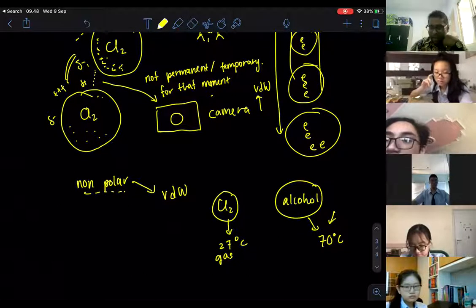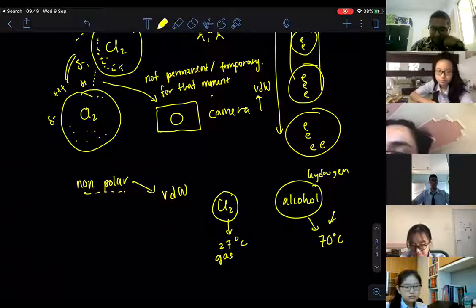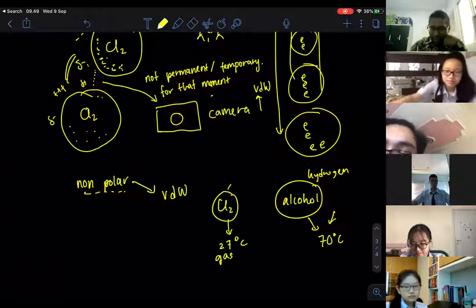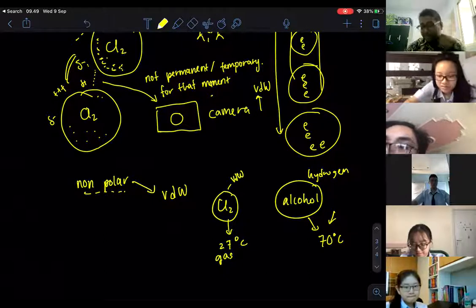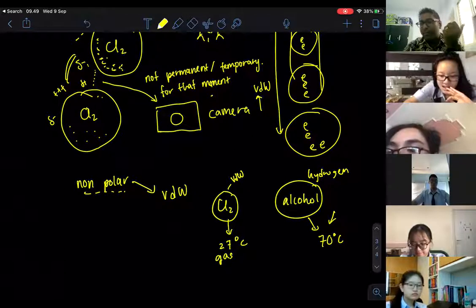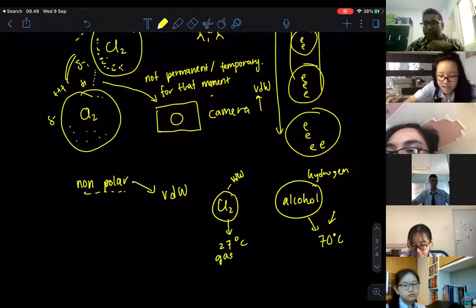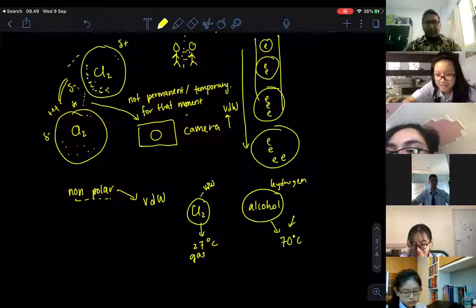Alcohol has hydrogen bonding, but when it comes to Cl, in order to change to gas, they only have van der Waals forces of attraction. I want you to remember that the boiling point is generally lower compared to those other molecules that have hydrogen bonding or permanent dipole-dipole bonding. So if, let's say, we want to summarize today's